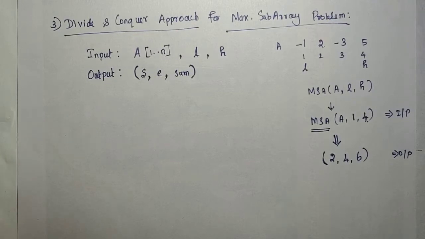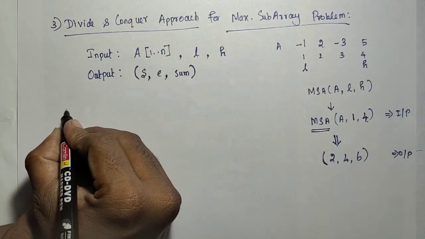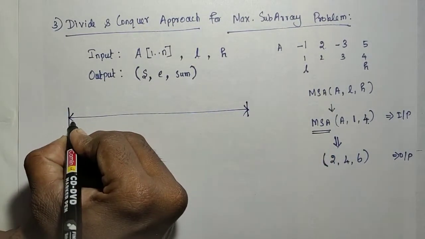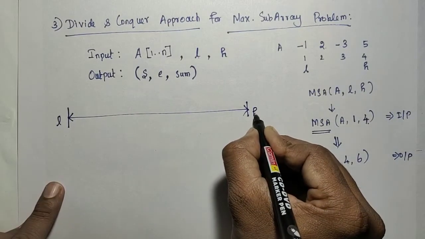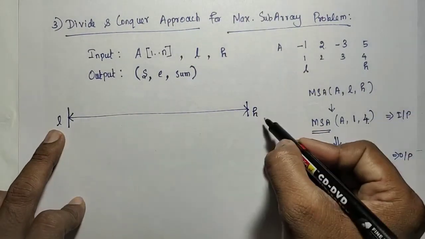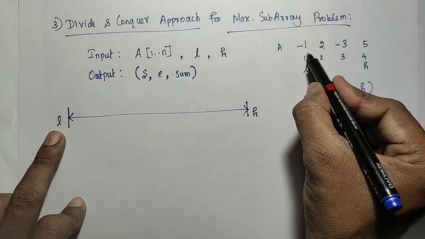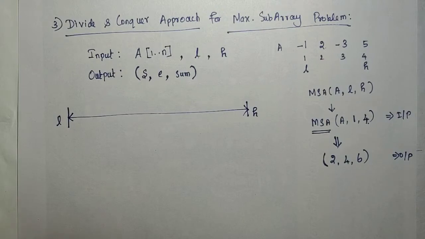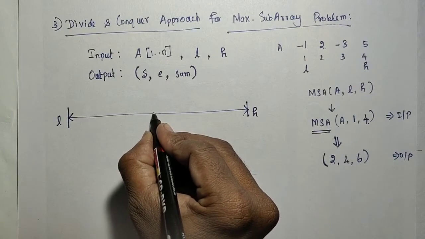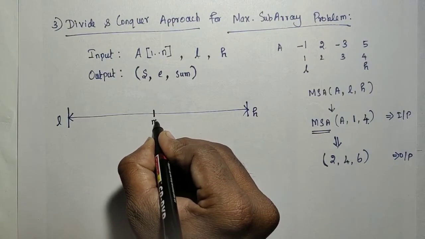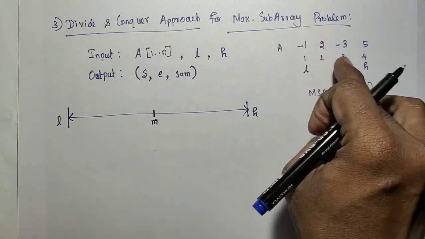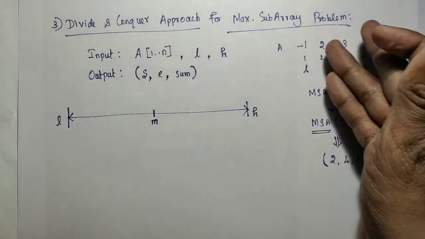We can simply understand this approach. Just assume this is the range, this is L and this is H. L is the starting index, H is the end index. So here 1 2 to 4. What is the maximum subarray we are going to find? A simple method is to find the middle element from this range. In this range, the middle element is either 2 or 3. We can choose either one.